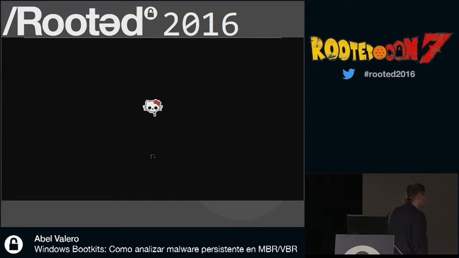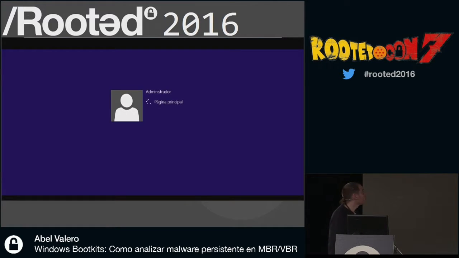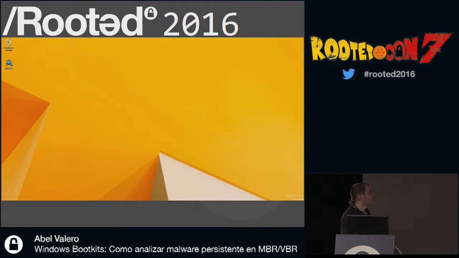The logo shows that the system is infected. I didn't touch anything. I tried to go further up, but it's further down. It shows how the system is launched. We'll see a debug, and we'll see the bootkit active.